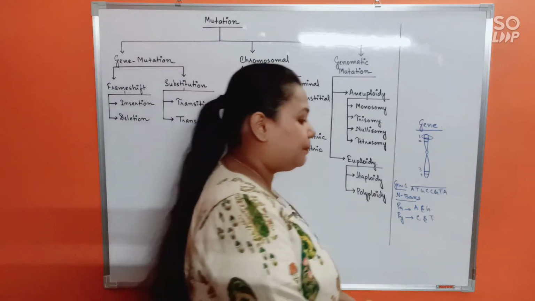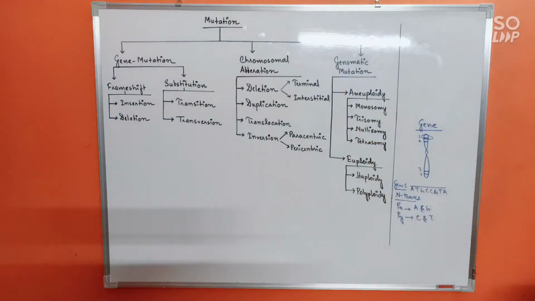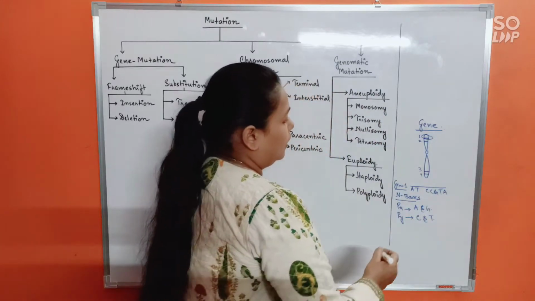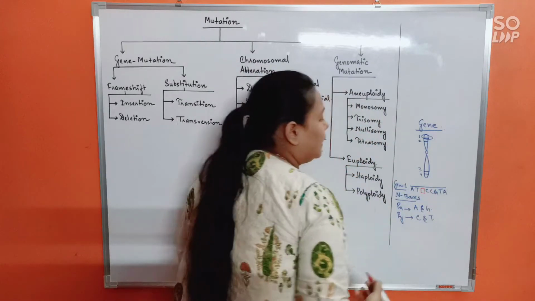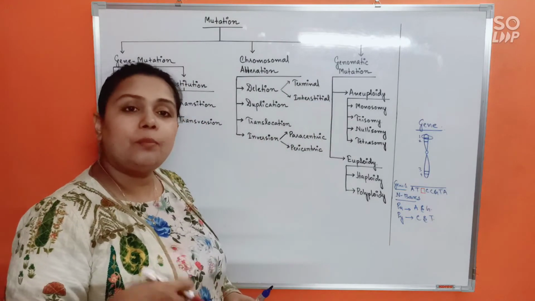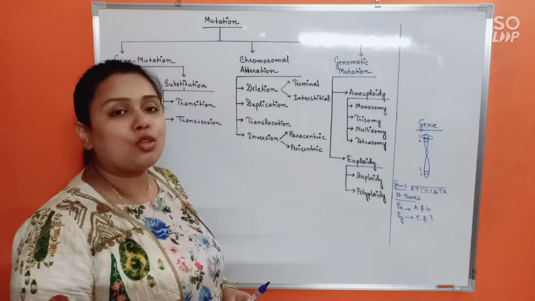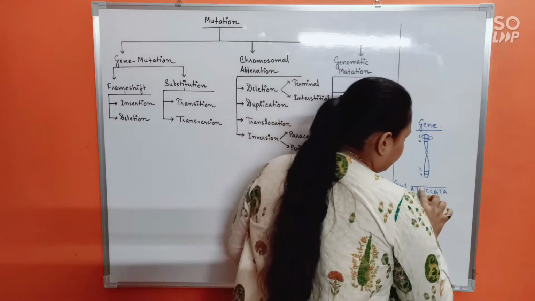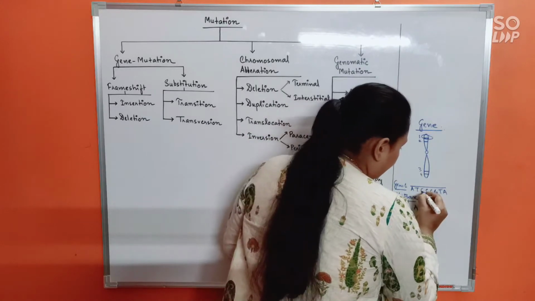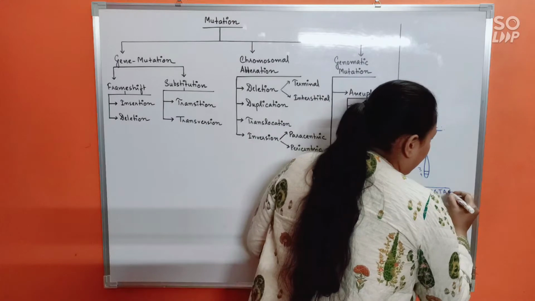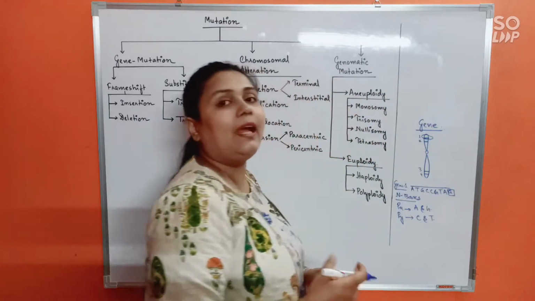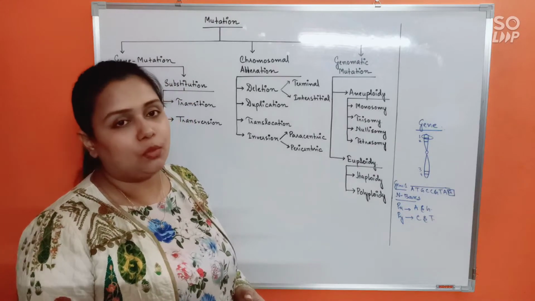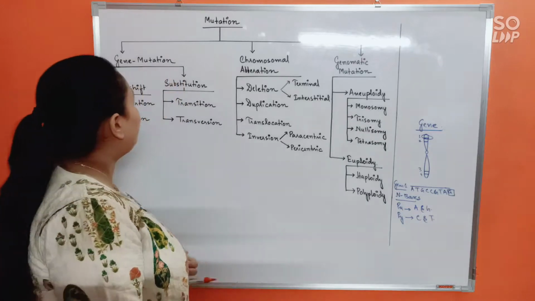Now, what kind of change? Say here, one nitrogenous base, that is G, has gone missing, has been deleted. It has been lost. That also can be a change. Sometimes a nucleotide base can get added. That is also a change, isn't it? So any change happening in the gene is called gene mutation. Understood this? Clear? Now let's see what the types are.